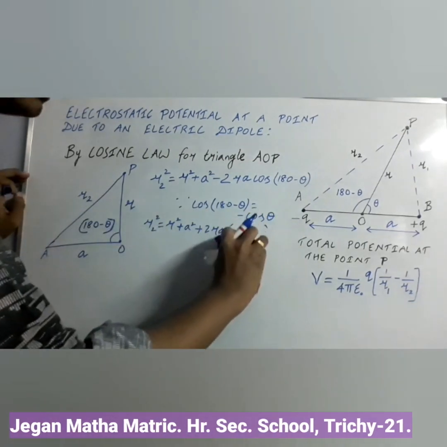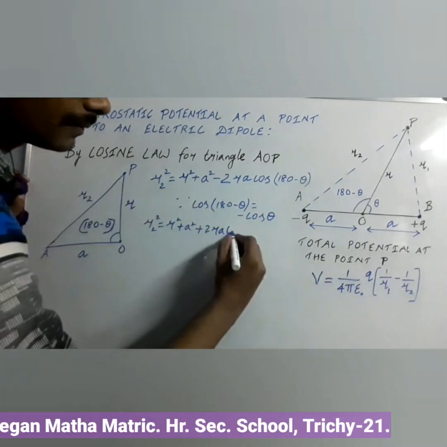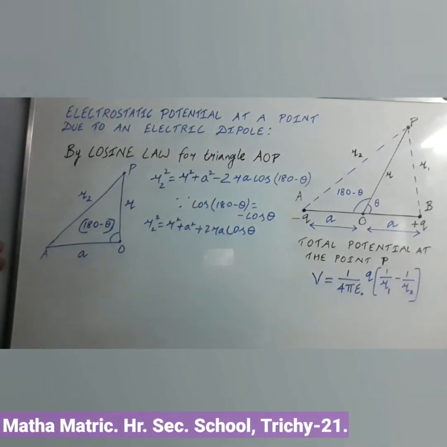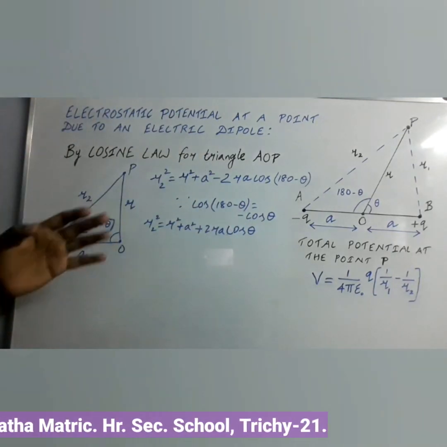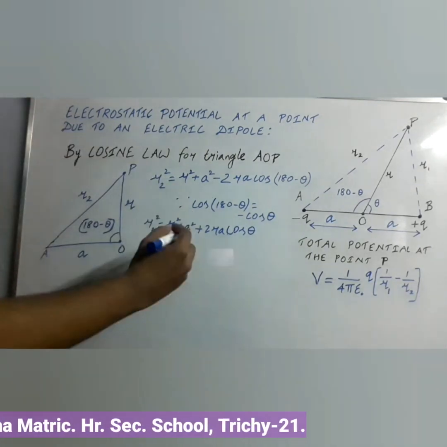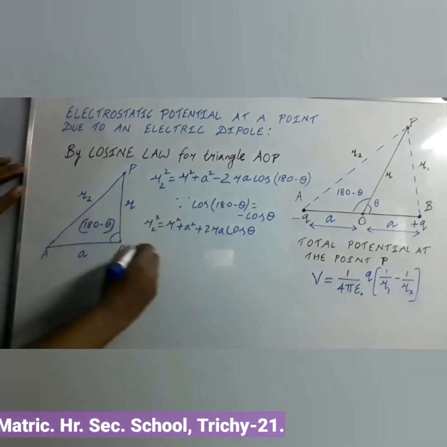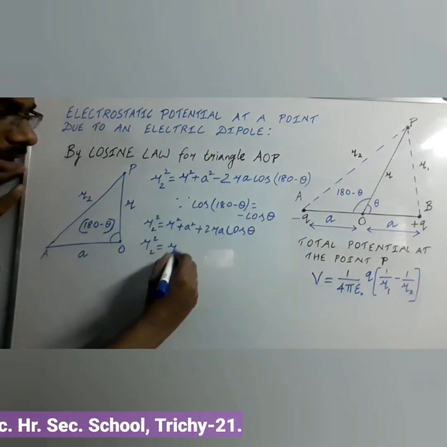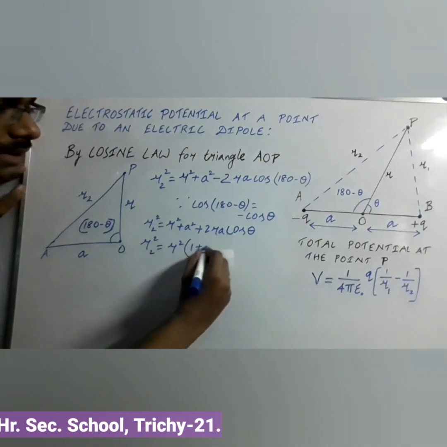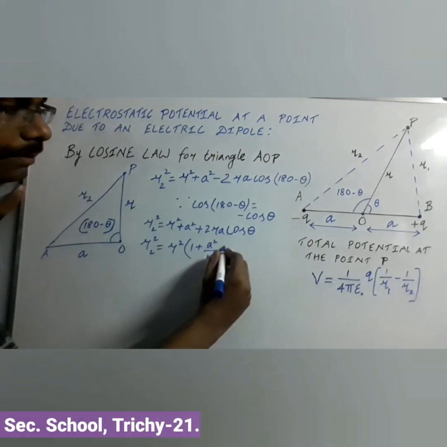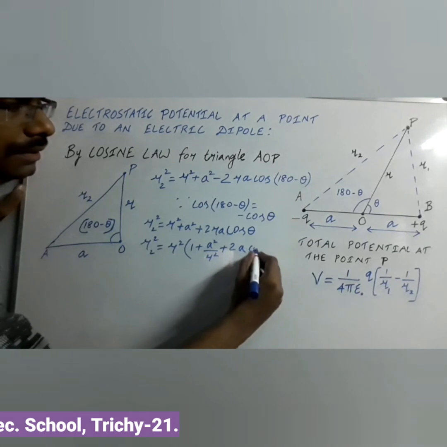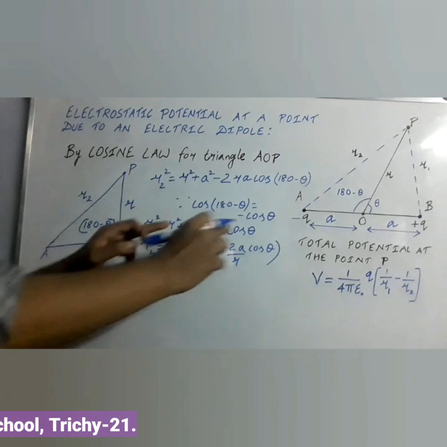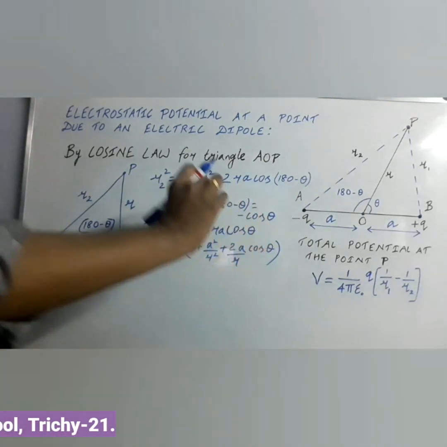It can be written as 2RA cos theta. As we have done for R1, to find the value of R1, the same procedure can be done here also. R square value has to be taken outside. So R2 square is equal to, from this expression we are going to take R square outside, 1 plus A square by R square plus 2A cos theta by R. If you have a doubt, once again you can multiply and you can get the original expression.